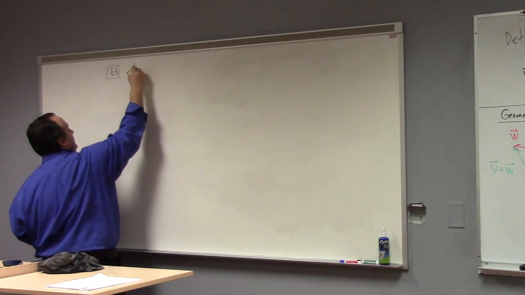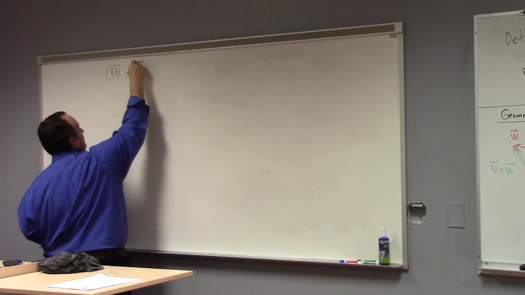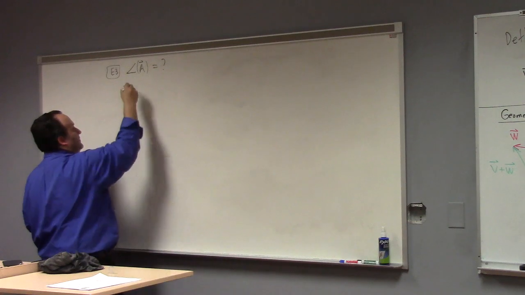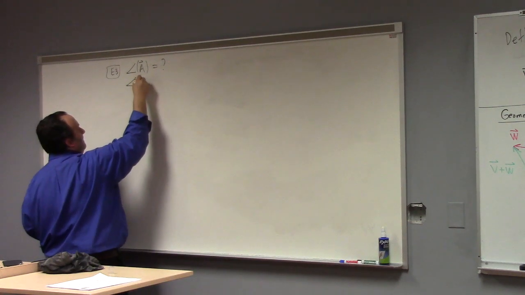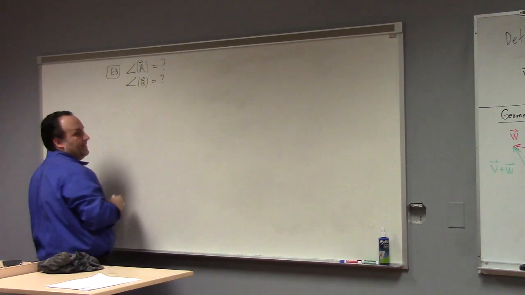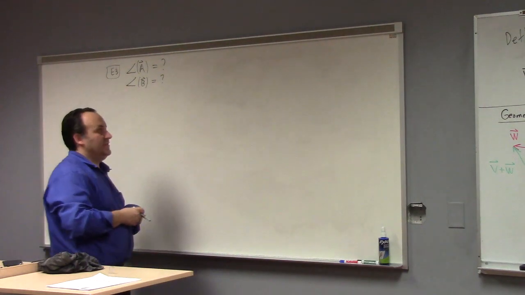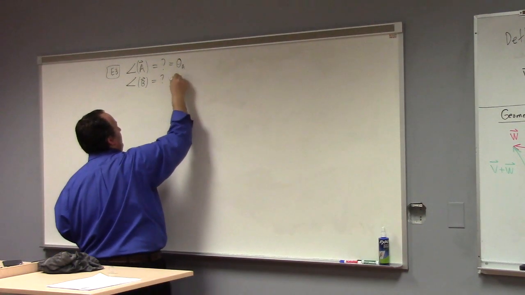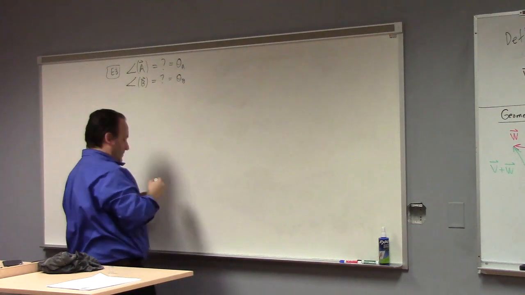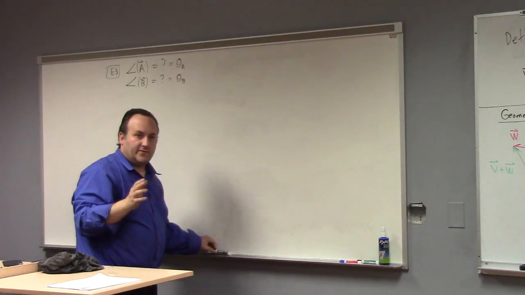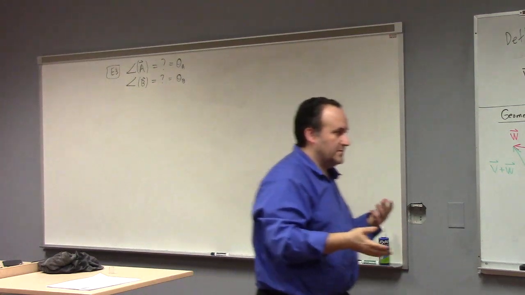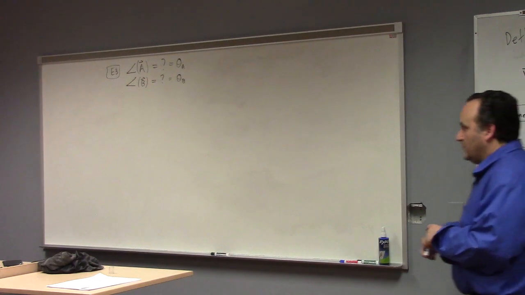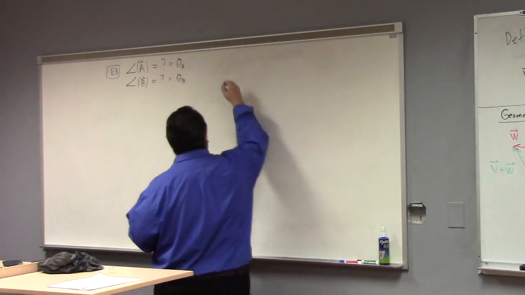So let's ask, what is the angle for A? What's the angle for B? Let me call it theta A and theta B for the sake of discussion. Whenever you're finding standard angles for a vector, you have to be careful, because there's no one trigonometric function that works for everything. So let's see here. If I draw it out,